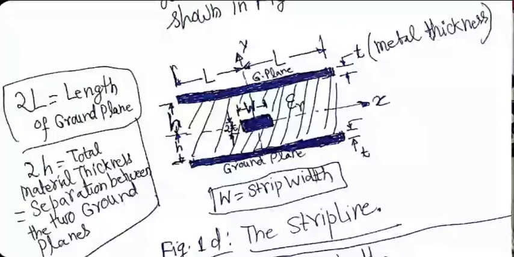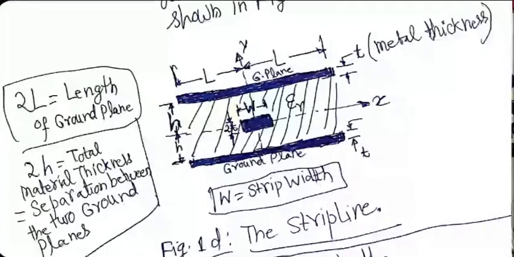That means the central conductor is symmetrically located along the y-axis. So the top ground plane is h away from the strip, and the bottom ground plane is also h away from the strip. Another complication that comes in is that the metal that you are using will also have some thickness. It will be small, I know, but it would be good to keep in mind that it is not zero thickness metal. So small t is the symbol normally used for metal thickness. Small h is the symbol used for half of the separation between ground planes.